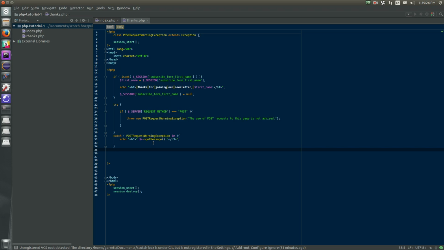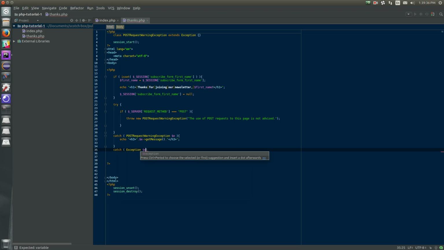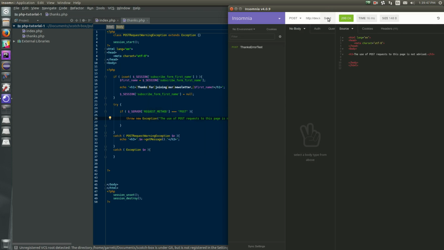So say this is a production application and we don't want to show the user all of the exceptions. Well, we can have another catch down here for just exceptions. And this is just going to do nothing because we don't want the exceptions shown to the user. So now, if this were just an exception, and we go here and send it again, you see nothing happens. We don't get this error message displayed because it's not the specific type of exception that we want the user